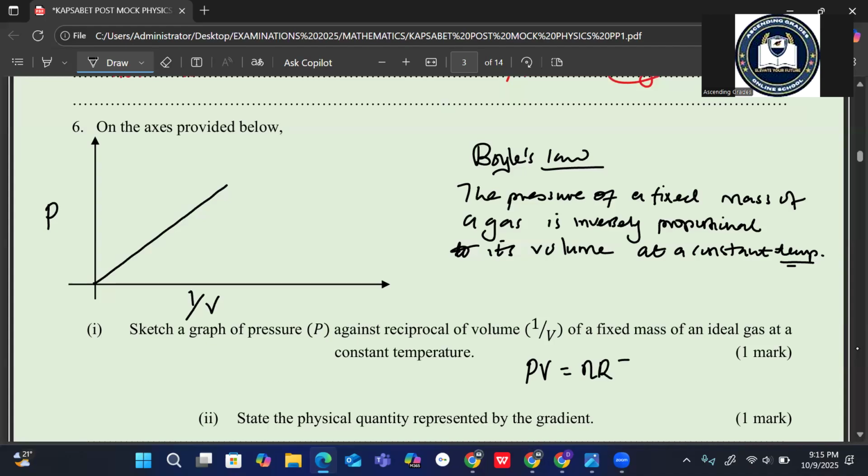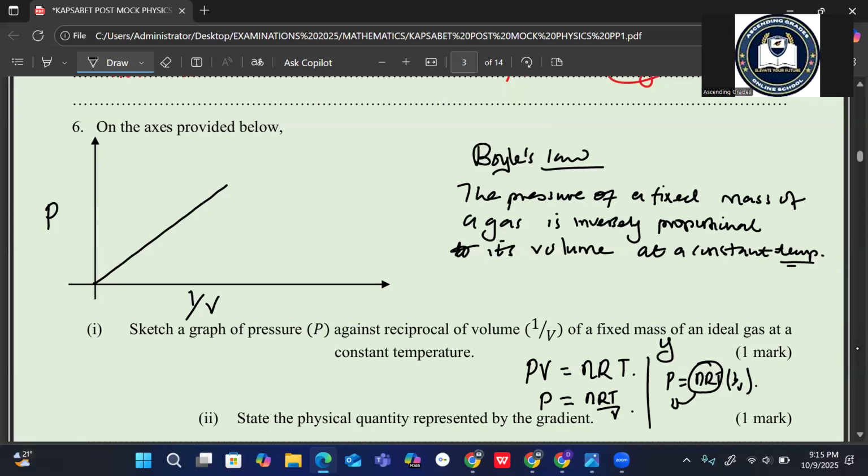Making P the subject, it becomes nRT over V. If you break this down, P equals nRT times 1 over V. So this now becomes our gradient,